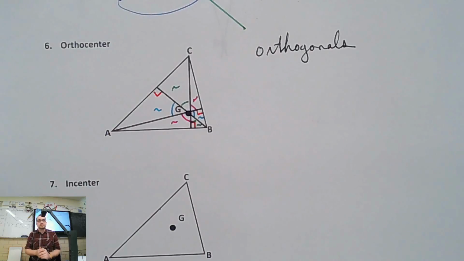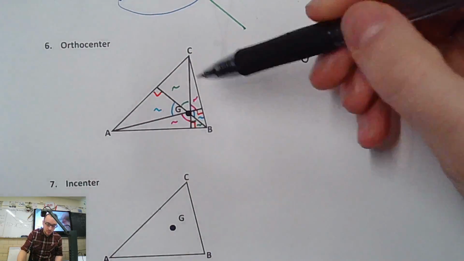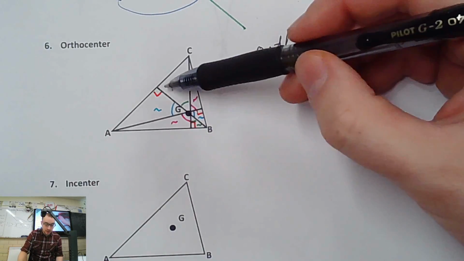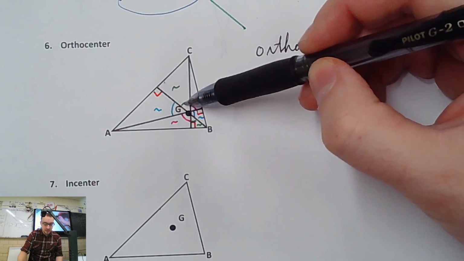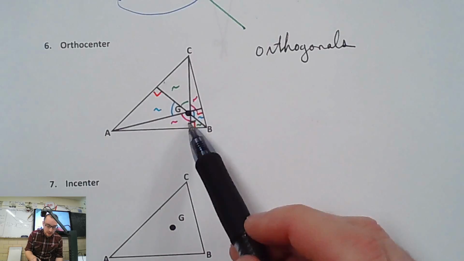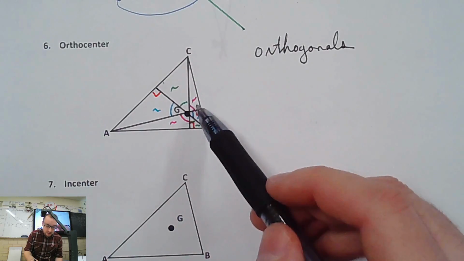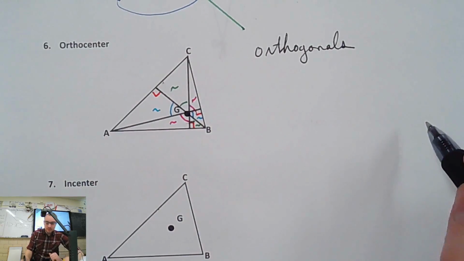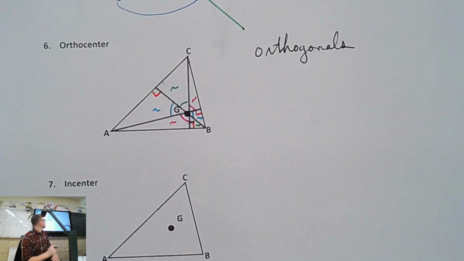Better? Again, the reason they're similar is because we have a right angle and a blue angle in both of these triangles, so they must be similar by double A. A right angle that I didn't draw in and a green angle, a right angle and a green angle, they're going to be similar. A right angle that I didn't draw in and a pink angle, a right angle that I didn't draw in and a pink angle, right? So they're going to be similar by double A. So we have orthogonals and we've got similar triangles, right? That's it.